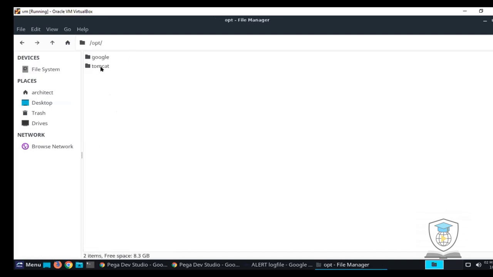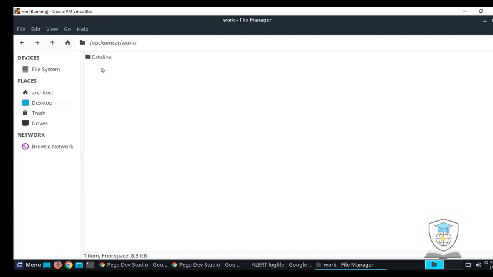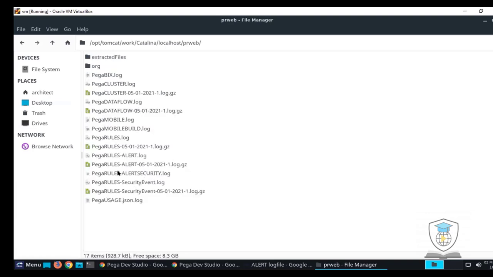We have to go into the opt directory where Tomcat is configured. In Tomcat, we have the work folder, then Catalina, then localhost. In localhost, we have prweb, and inside prweb is the Pega alert log. Right now it is PegaRULES.alert, which is today's one. For previous ones, it is PegaRULES-ALERT followed by the date.